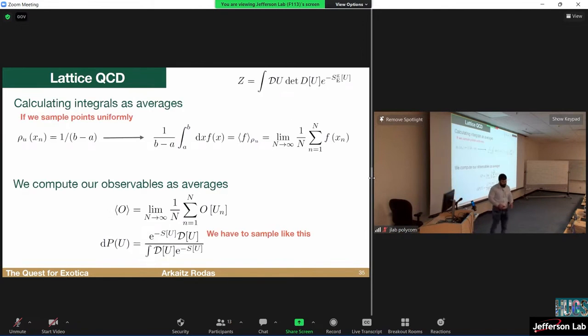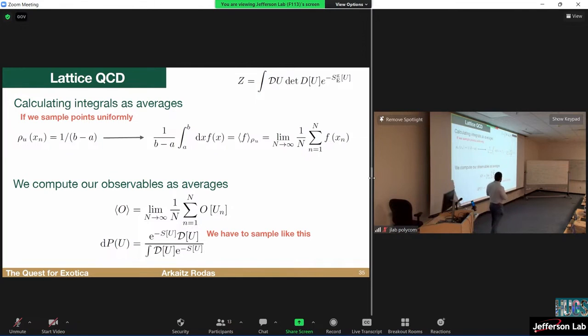So how do you perform integrals? You usually solve them algebraically, right? How do you perform the integral of 1 between A and B? Well, that is B minus A. If you normalize it, then it's 1. But what if I want to perform integrals by averaging values, because I don't know how to perform integrals? So what is the average of 1 if I sample many times? What is the average of 1 if I sample 100 times? It's 1. If I sample 1,000 times, it's 1. So the integral of 1 and the sample average over 1 are the same.